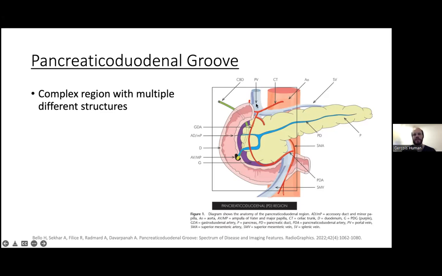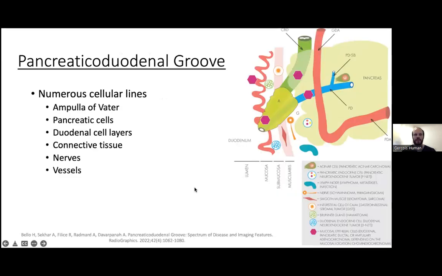We have the inferior vena cava posterior, and the portal vein running alongside the aorta. So these are the regions that depict the pancreatic duodenal groove, and then there are numerous